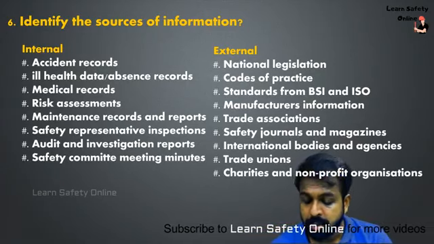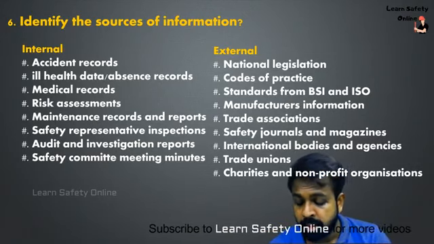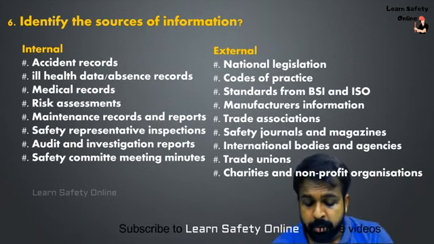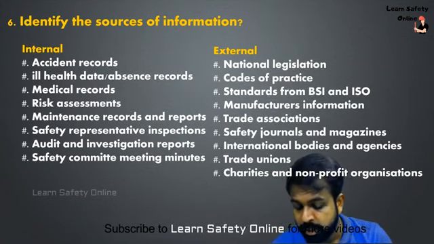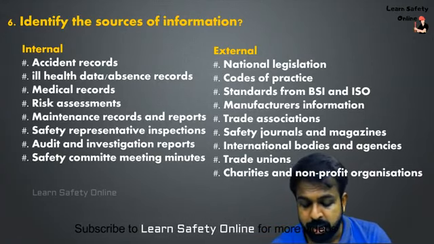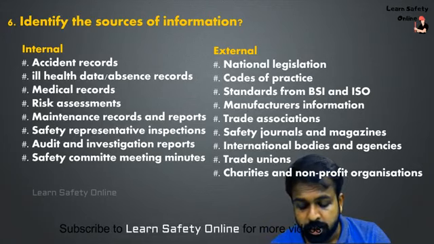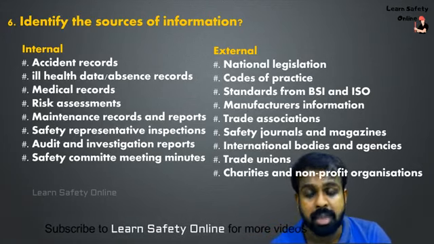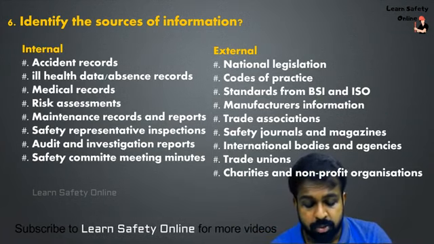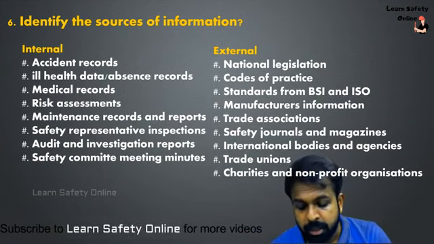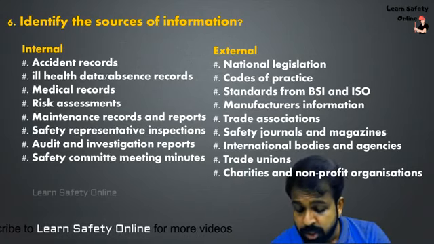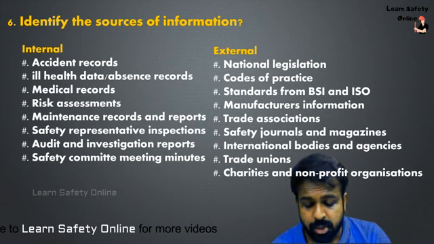In external information sources, the first thing is national legislation, approved codes of practice and guidance notes published by the HSE and other authorities; standards published by the British Standards Institution (BSI) or European and international authorities such as the International Organization for Standardization; and manufacturers' information such as operating instructions for plant and machinery and material safety data sheets from chemical suppliers; trade associations such as the Chemical Industries Association,